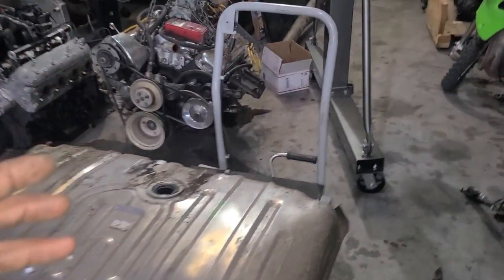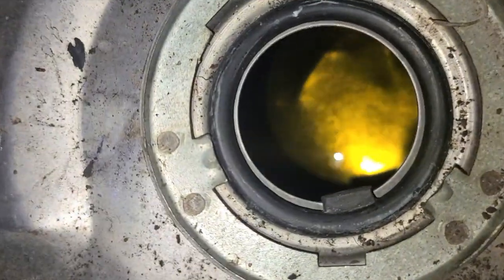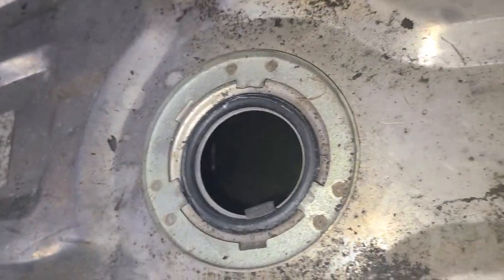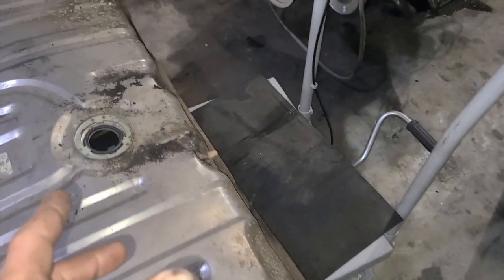Whatever. But I have some more stuff coming for the fuel setup. Yeah, the tank's super clean inside, which is a good thing. Full of gas, but it's super clean inside. I think what I'm gonna do with this one